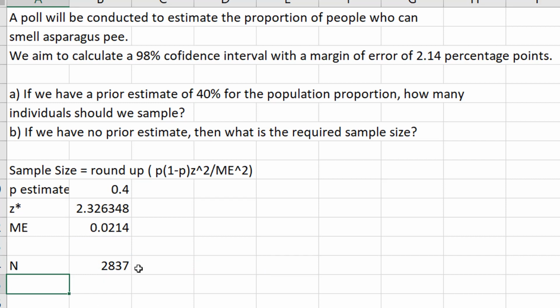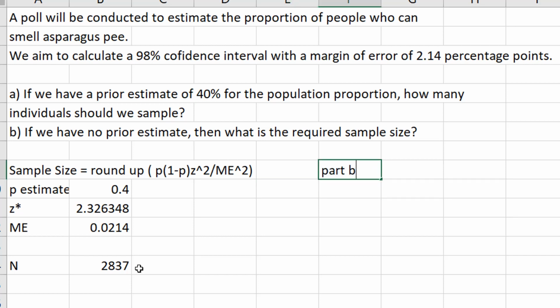2,837 individuals are needed for me to achieve this. Okay? Now, if I don't have any sort of estimate as far as what the proportion is, what I'm going to use for